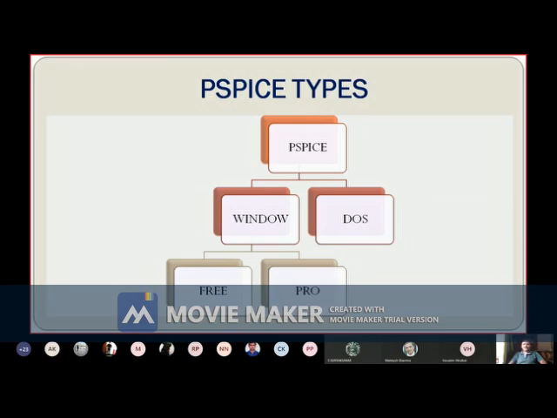But if you learn DOS base PSpice, you'll find so many things. In DOS base, you need to write codes, a program like a C program. But in window base, you need to select the appropriate components, just symbols and icons, and interconnect these icon symbols by wires and get your work done. So today I will go for window base PSpice. In window base, you'll get two options again: professional version software and free version software. Now I'm concentrating on the free version software, which is Circuit Mod Simulator.